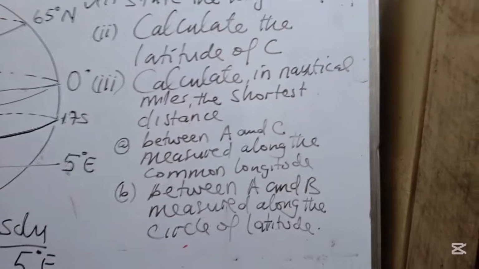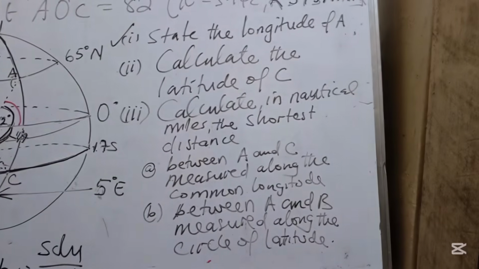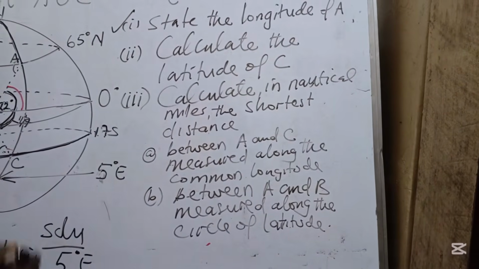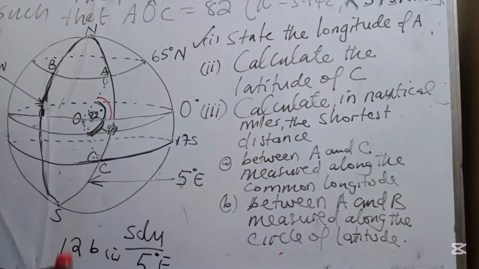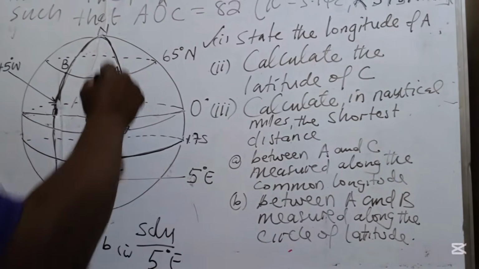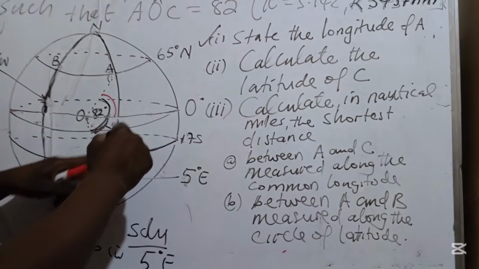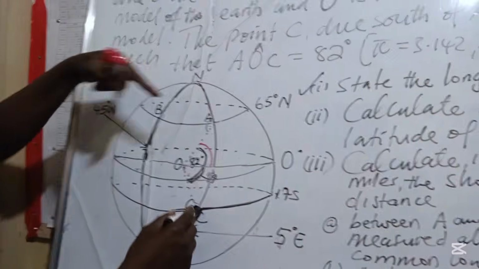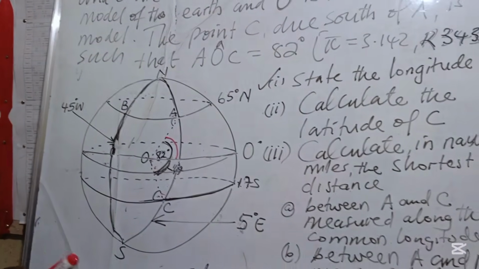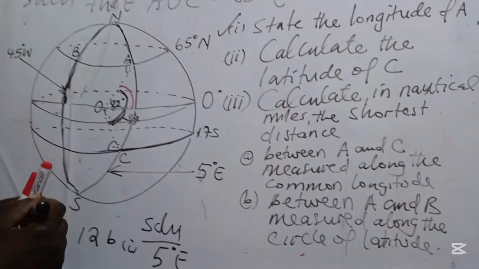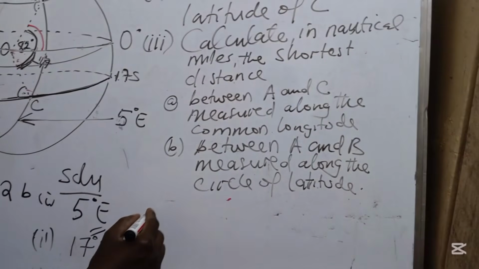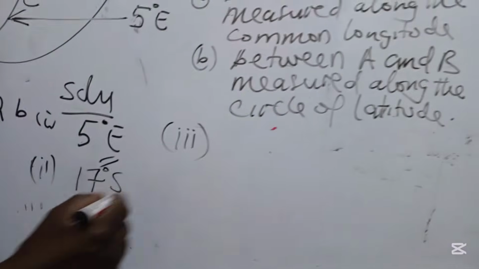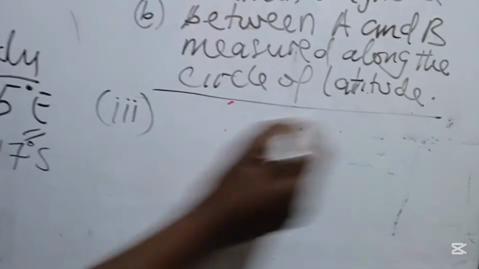Calculating nautical miles, the shortest distance. Rule number 1 on Earth geometry: the shortest distance is along the longitude. So if they say find the shortest distance between A and C, this is already the shortest distance. How do we do it? You do it like this. Now this is part 3. We are saying the shortest distance,